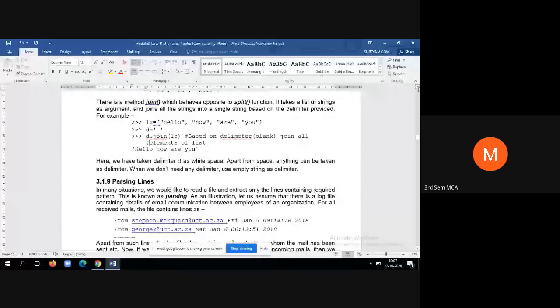Yes, sir. So these methods are very important, students. Why? Because while doing projects, you have to deal with text files. If it is in text format, the field separator is a blank character. If it is in Excel format, once again the field separator is a blank character. When you have a CSV file, the field separator is comma. Like that, you have to deal with the text and retrieve the values, isn't it? So during that time, join and split are very important.